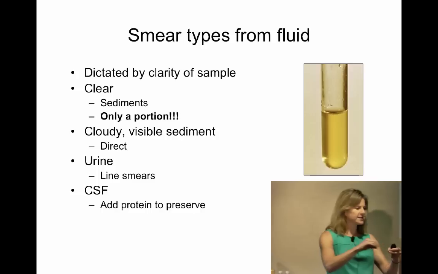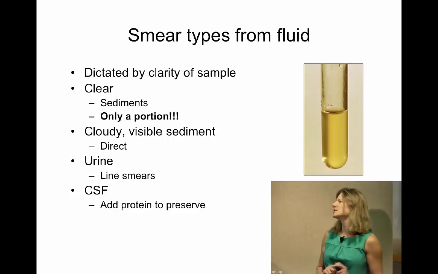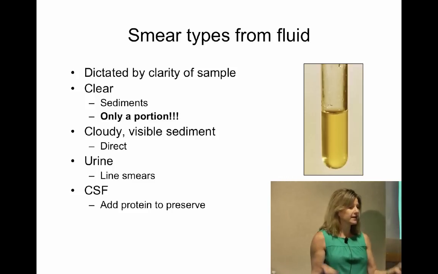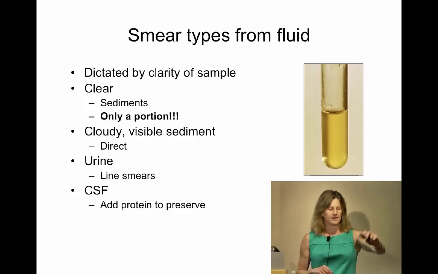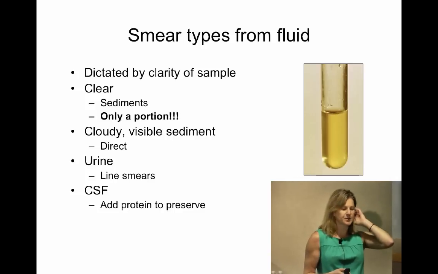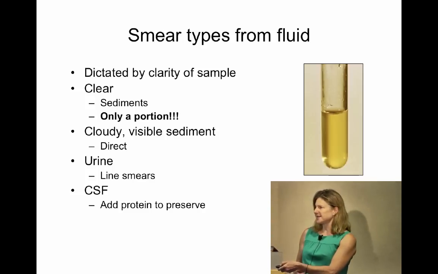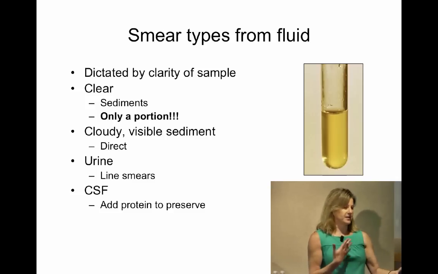If you've got fibrin flecks or tags of mucus, such as a trach wash, we actually want that mucus because that's where the cells are. So we actually pick up bits of mucus. If there's a clot in the fluid, we will pick up the clot, and we'll look at the clot as well as the other smears that we make from the fluid. So if it's clear, we actually spin a portion of the fluid down and decant it and leave as little liquid as you can in the bottom, resuspend it and make a smear, and we call those sediment or concentrated smears. If it's really poorly cellular in our lab, we actually do a cytospin smear,